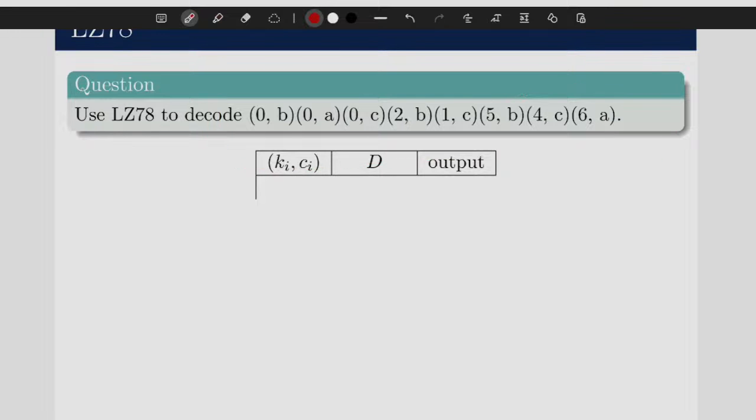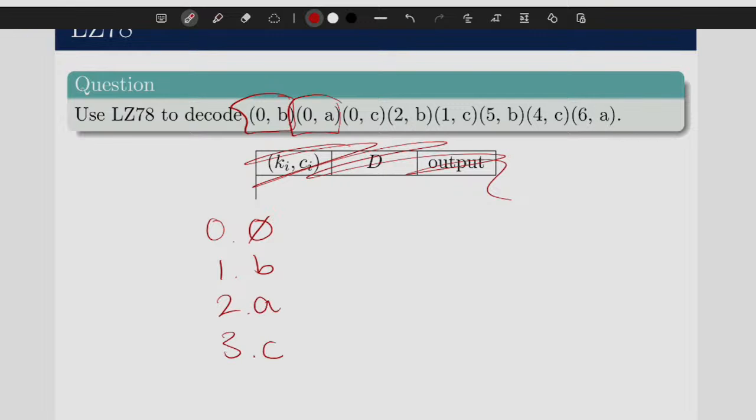Well, naturally, we're going to start off with 0 being nothing, right? Dismiss the table, I'm kind of not working with it. And then our very first symbol, well, it's going to be defined by this. 0B, well, if I append B to 0, that's going to end up with B. If I append 0 by A, I get A. And same with 0C, right? And that's my first three brackets out of the way. The next one is I need to append the second symbol with B, right? So I append the second symbol with B, that's going to end up with AB.